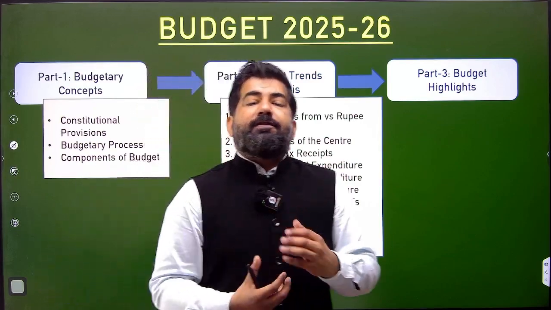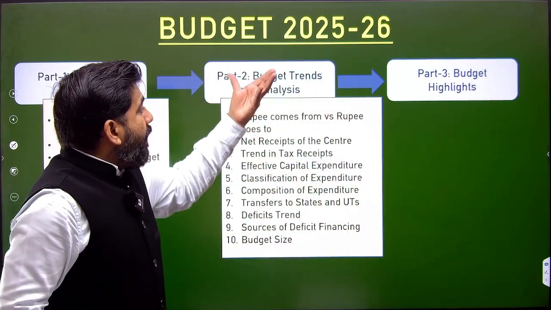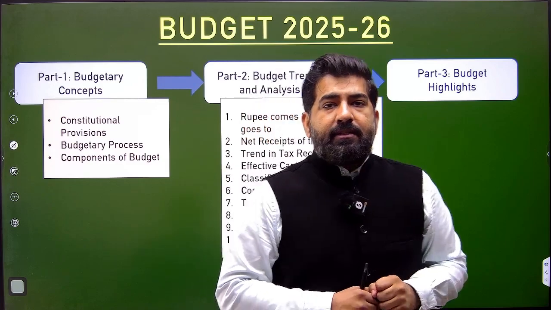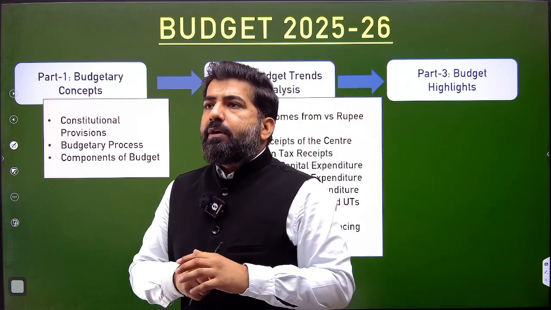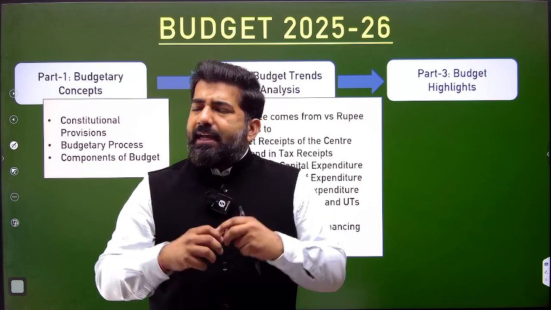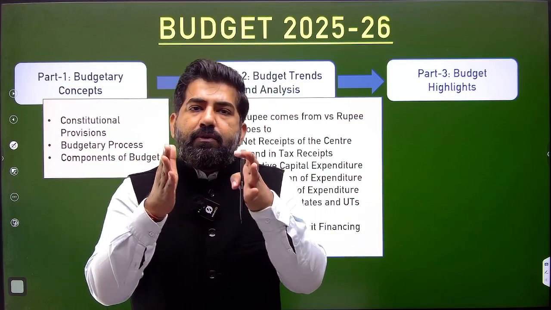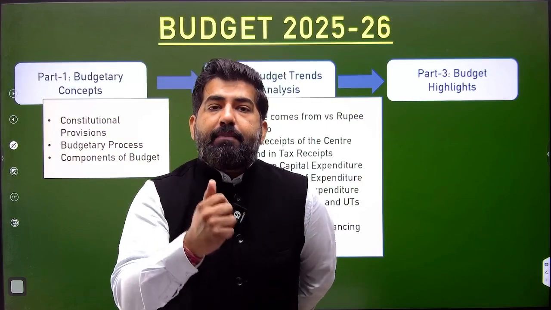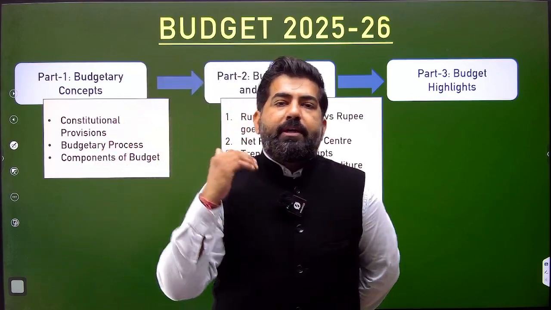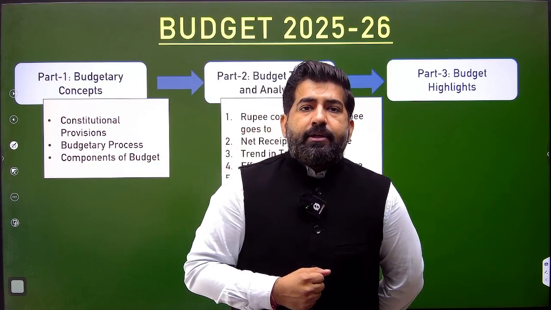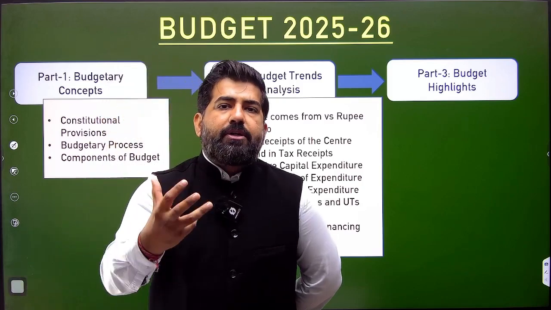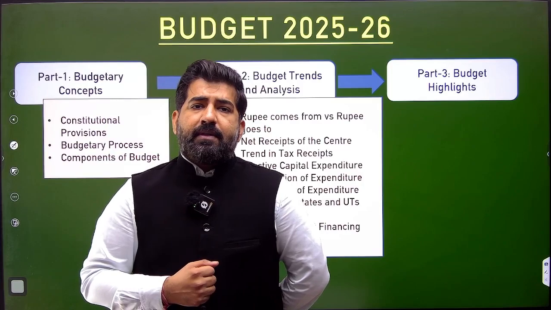Why? They got confused. Then the second part is the important trends, which you generally miss, and then comes the third, budget highlights. And in budget highlights also, it's very important that we focus wherever something is mentioned, a new scheme or even any scheme that is mentioned, we give you the content on that so that you read about it, because something which is mentioned in the budget becomes important from the prelims perspective. This is what we call the budget comprehensive analysis, not just a rudimentary or crude analysis that you see nowadays.